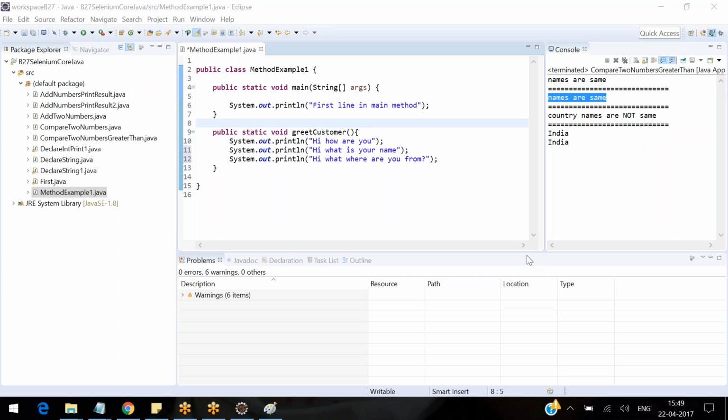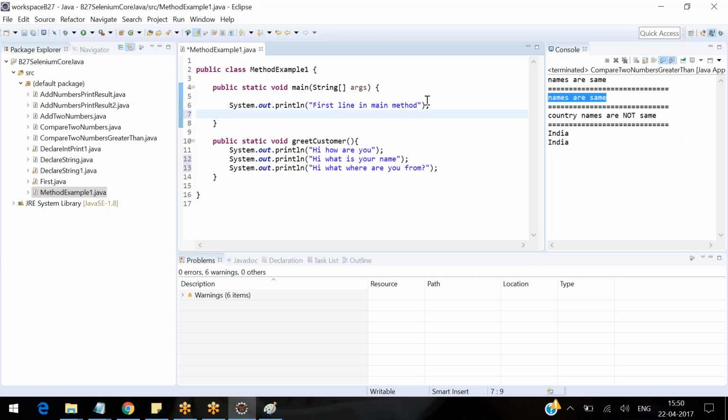Now what I'm trying to do is how to call this method. I want to call this method. All I need to do, as of now, is start from the method name till here. I'll copy this and paste it here, guys. That's it. Now if I run this particular program,